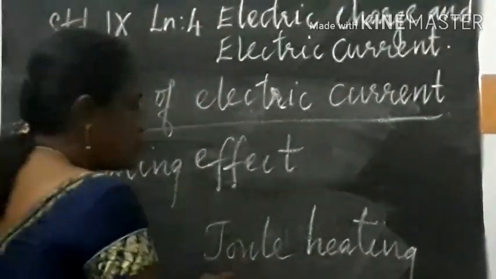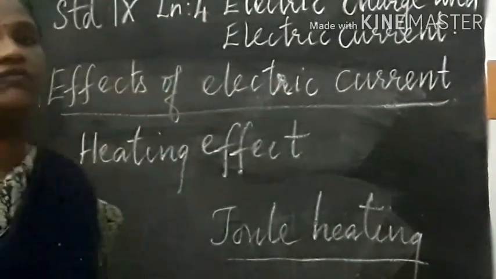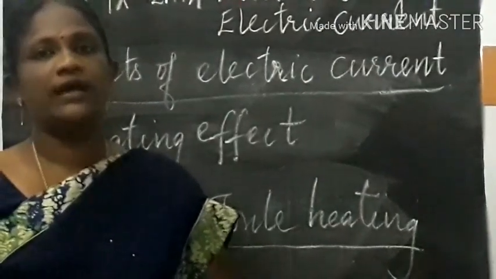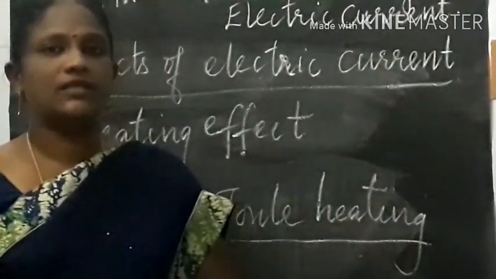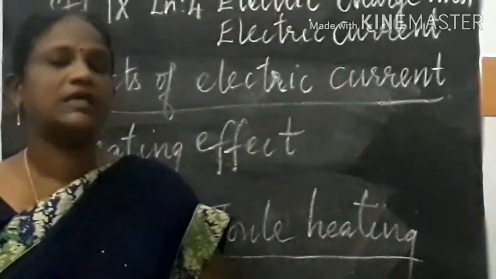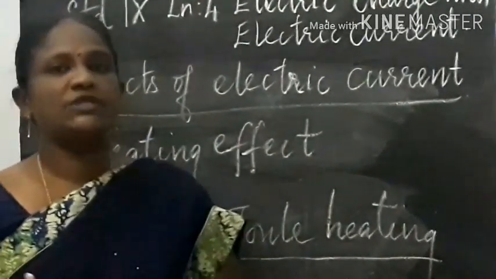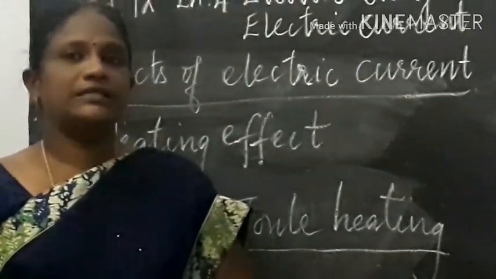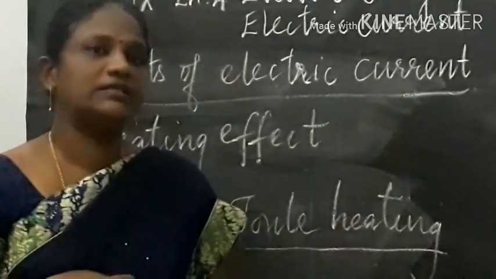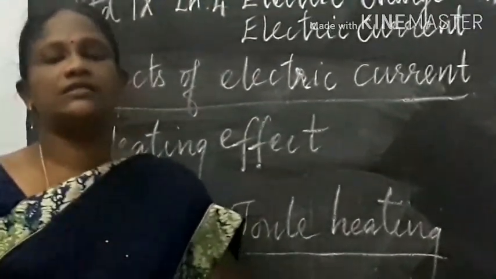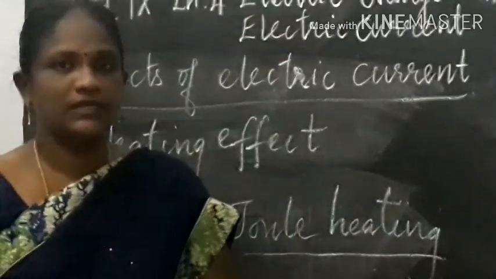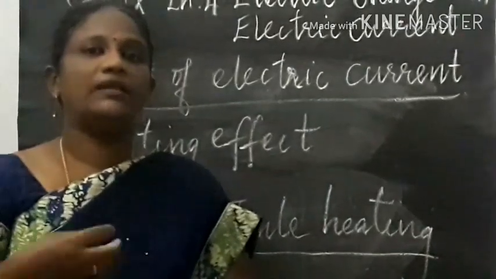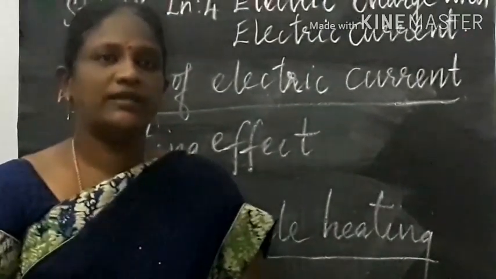So this Joule heating effect is the principle of normally all electrical appliances like iron box, electric toaster, the induction stove. So these appliances consist of the heating element. Especially the heating element is made of nichrome. So when electrical energy is supplied, this electrical energy will be resisted in the circuit which produces heat energy. So here the electrical energy is converted into heat energy and this heat energy is used by the appliances for its working.